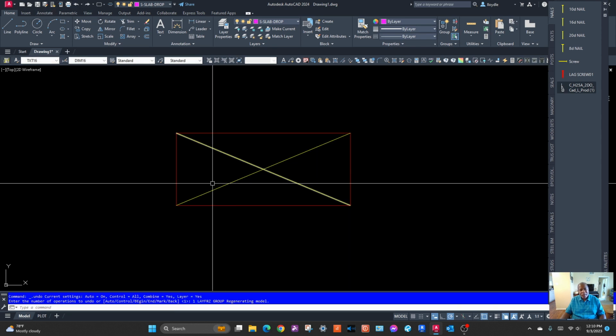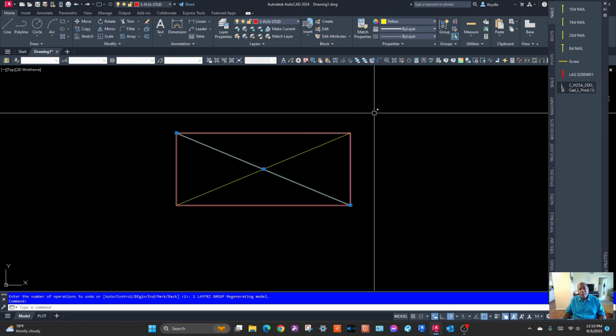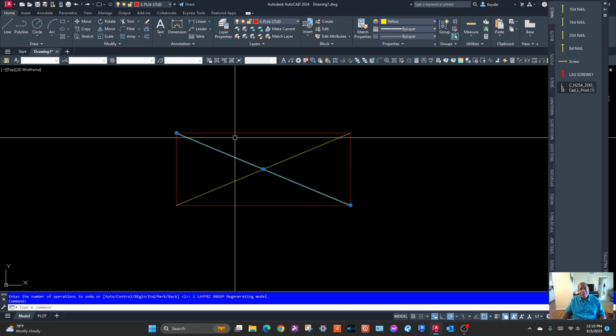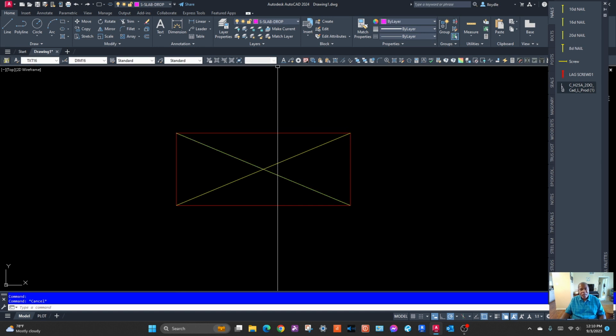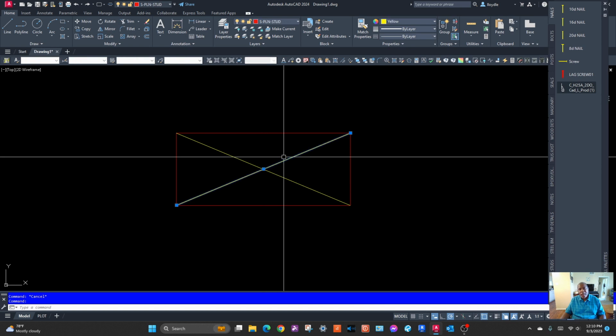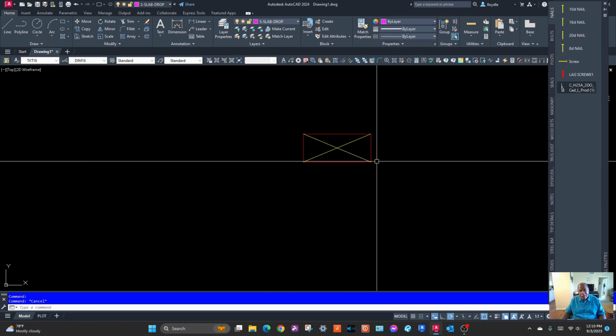I don't want the X to still be sitting there. And I want the X to be a lighter color in my case. So I keep it on the same layer, I just take it out of by layer. I just call it yellow. Anyway,